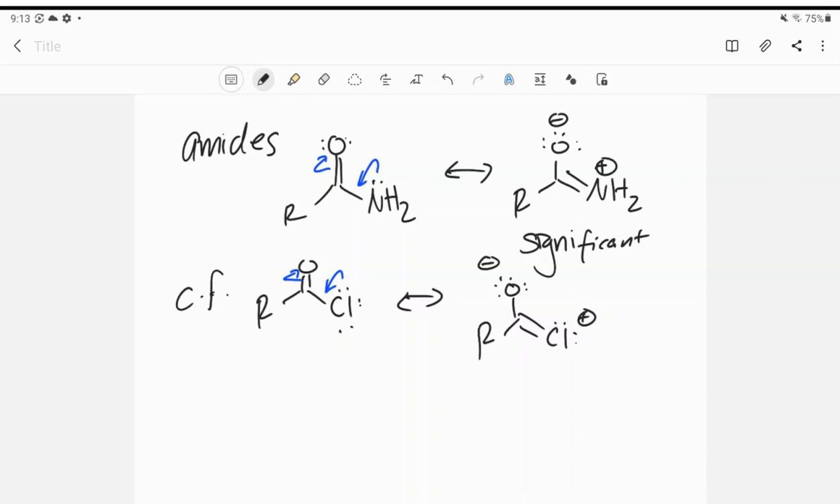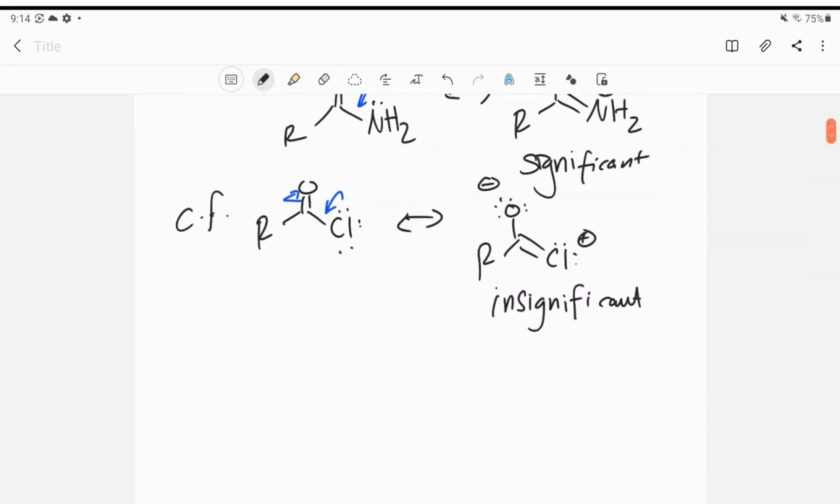Chlorine and nitrogen are roughly the same electronegativity, but nitrogen is just better at handling the positive charge. We don't really see this as an important player in the acid chloride, where we do see it as being important with the amide. And the reason that we're looking at this is because as a result of this resonance, because the amide is more,